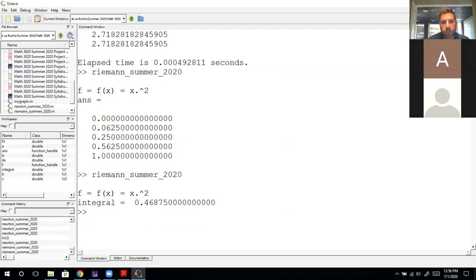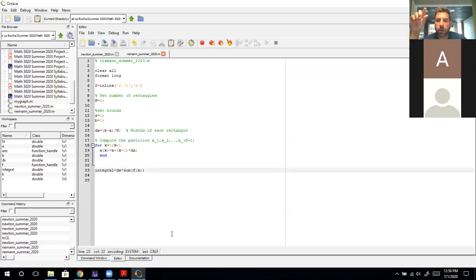If you do this integral by hand, you know what the answer is. The answer is 1/3, right? Integrate x squared from 0 to 1, you get 1/3. So what we're doing wrong here is we're not doing a left or right Riemann sum. We're calculating an extra piece. So what we need to do is subtract off